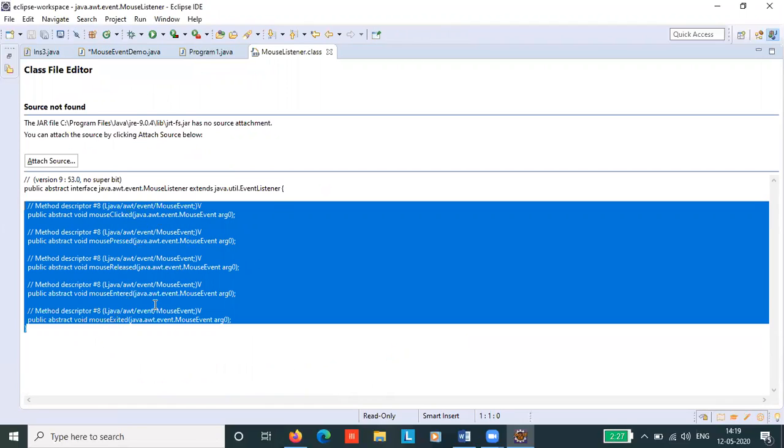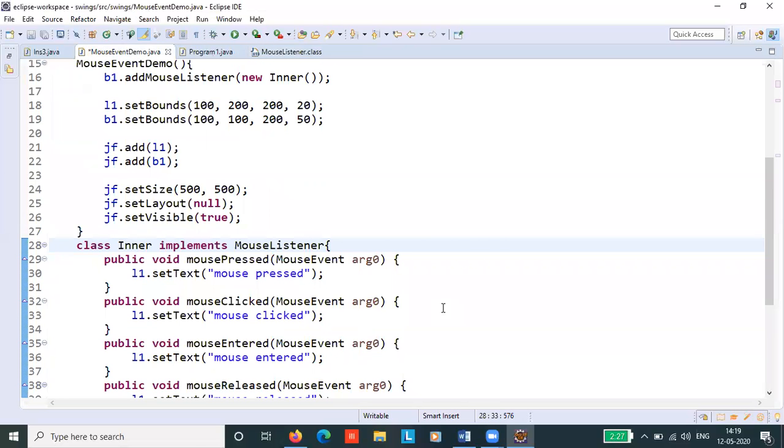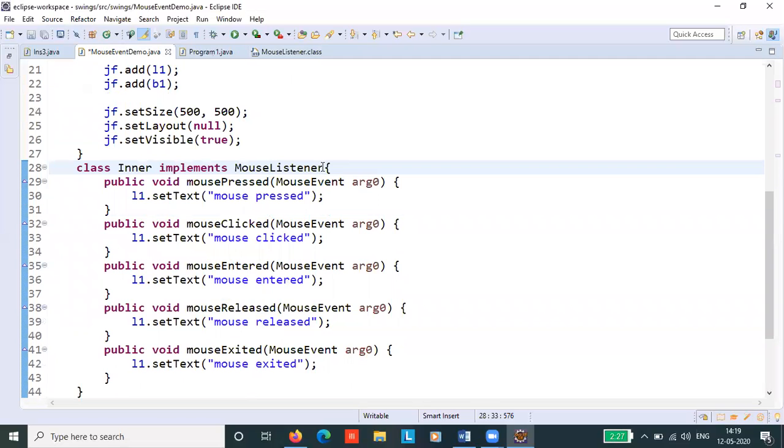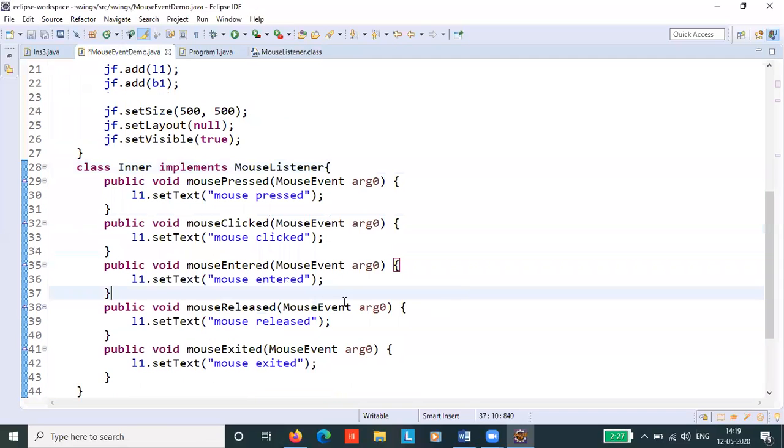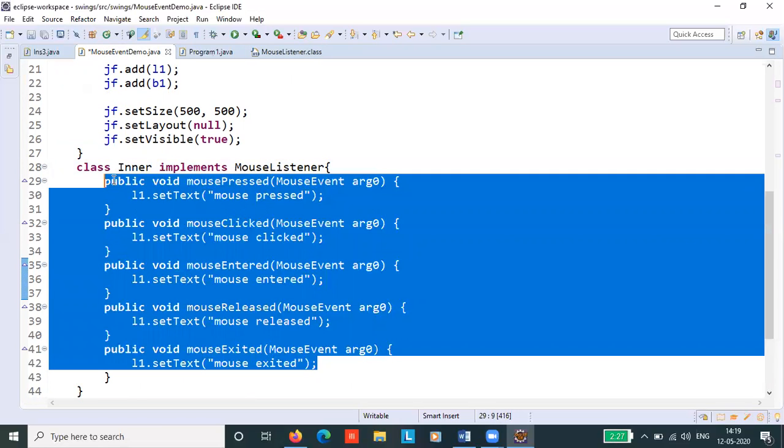These 5 methods are present in the mouse listener interface, which we have to implement because the inner class is implementing all these through the mouse listener interface. So we have to provide the definition for all the 5 methods present in the mouse listener interface.